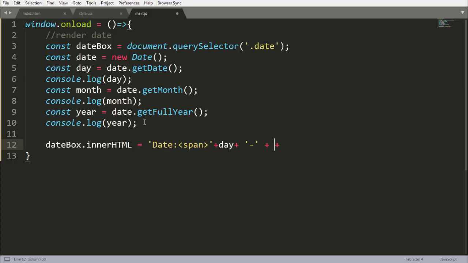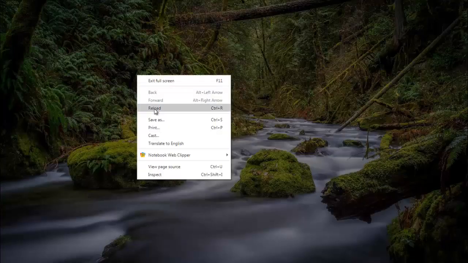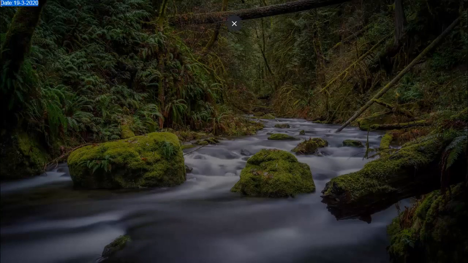After that we want our month here, then again a hyphen, then again a concatenation operator, then we want our year, and now we will close our span here. So our span is closed. When we reload this, see that here we are getting our date.